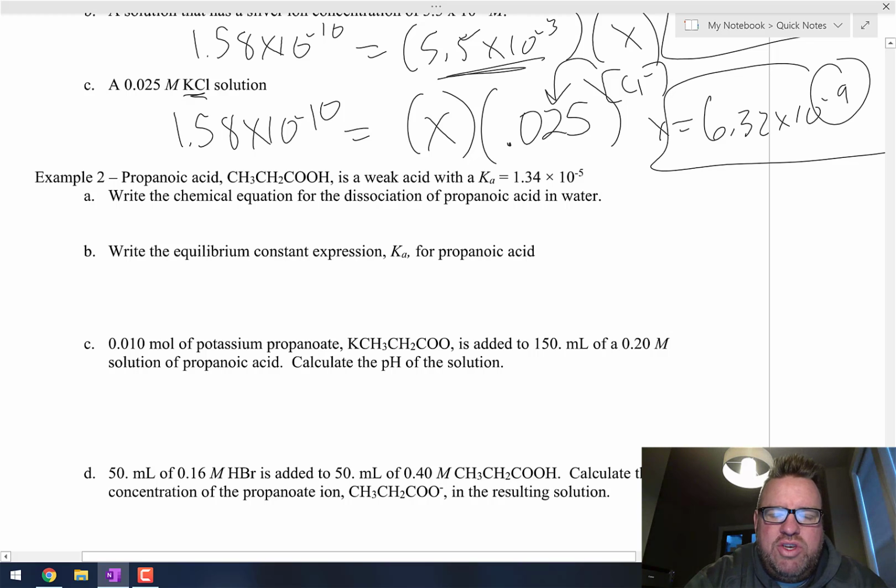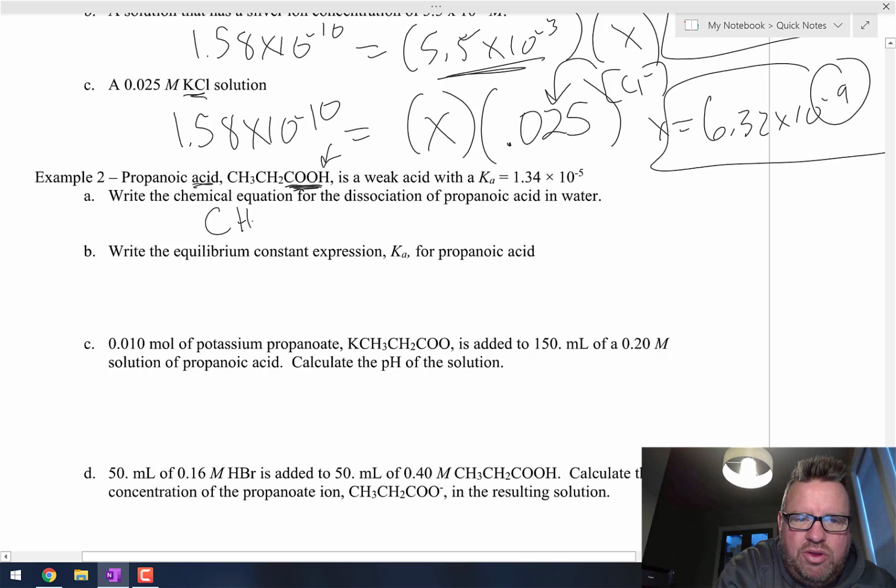Write the chemical equation for the dissociation of propanoic acid. Notice that COOH at the end. That's what tells you that's an acid, other than obviously they tell you. But remember, it's this hydrogen on the end that's the acidic hydrogen. So when you put that into water, you're going to get CH3,